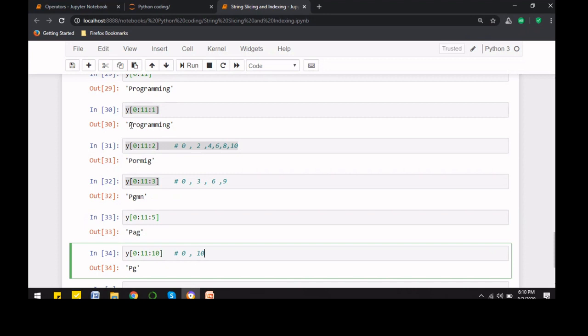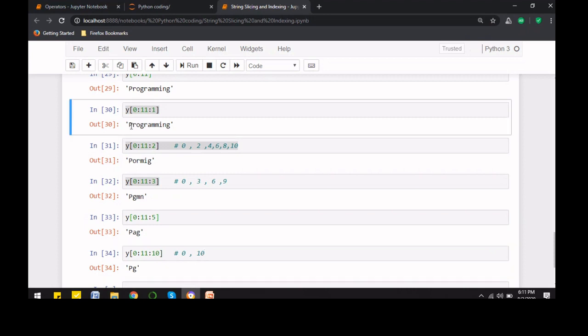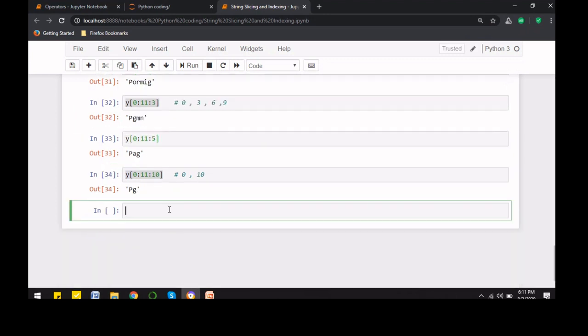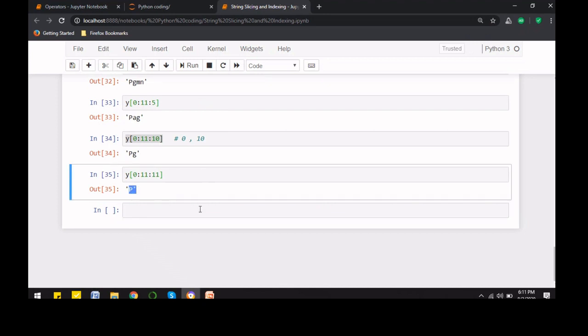So only two values will be accessed. First is P, that is 0, and then we have 10, that is G. And what if I increase the margin to 11? If I increase the margin to 11, what will happen? 0 plus 11 will give us 11, but we cannot access 11 because that is not there in the range. So we will simply have P.